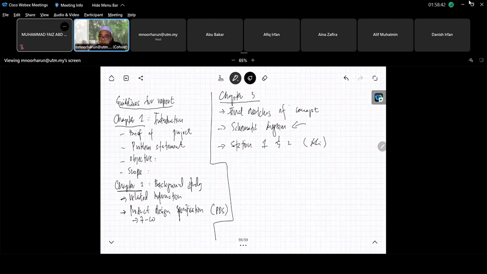This is the overall schematic diagram, the whole schematic diagram. Then start the individual work. Station 1 should contain